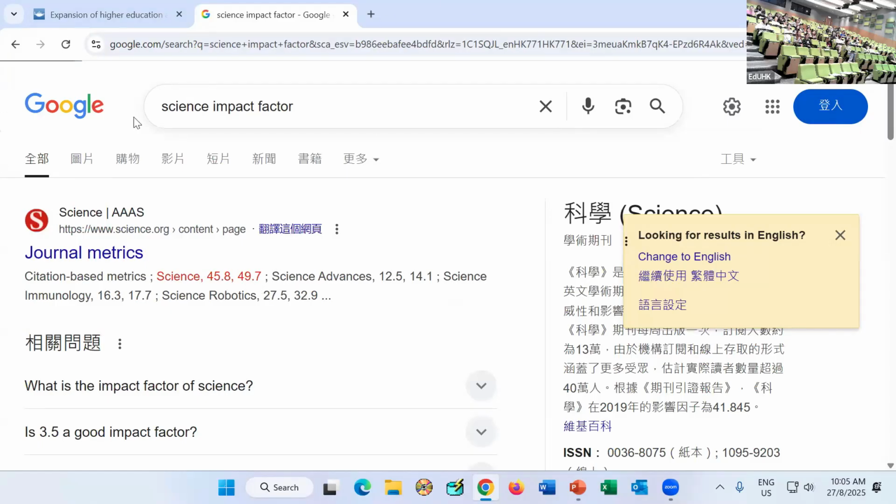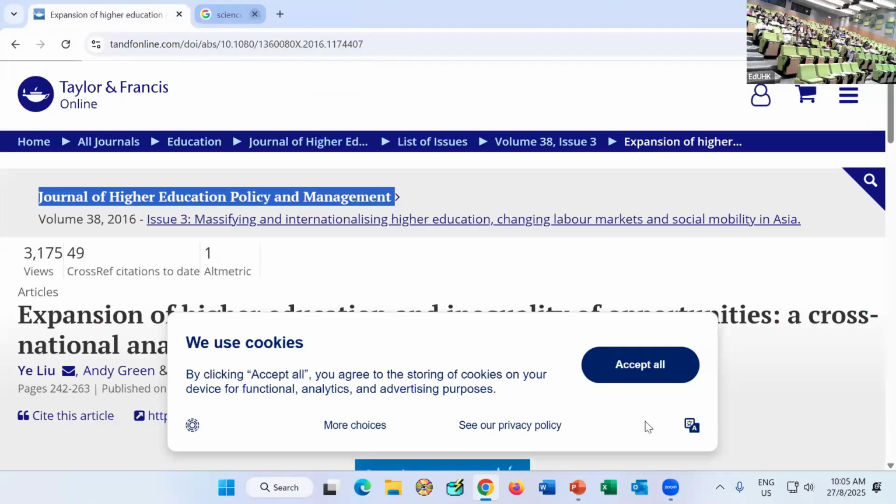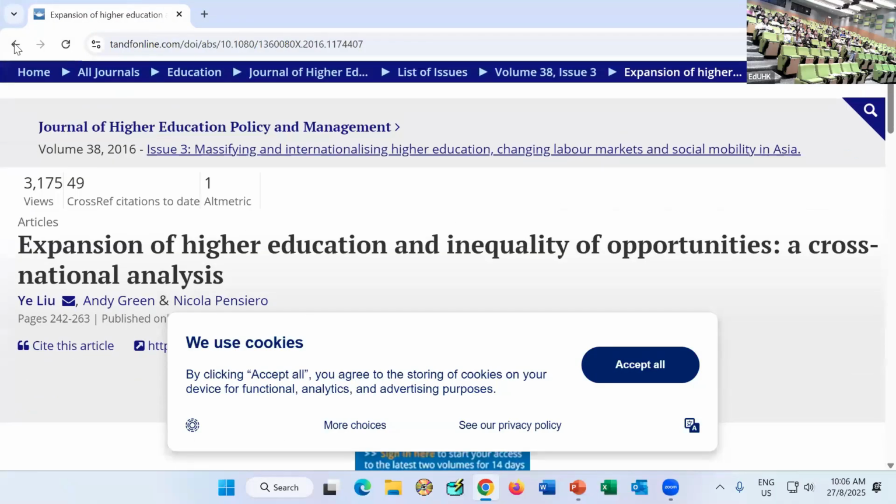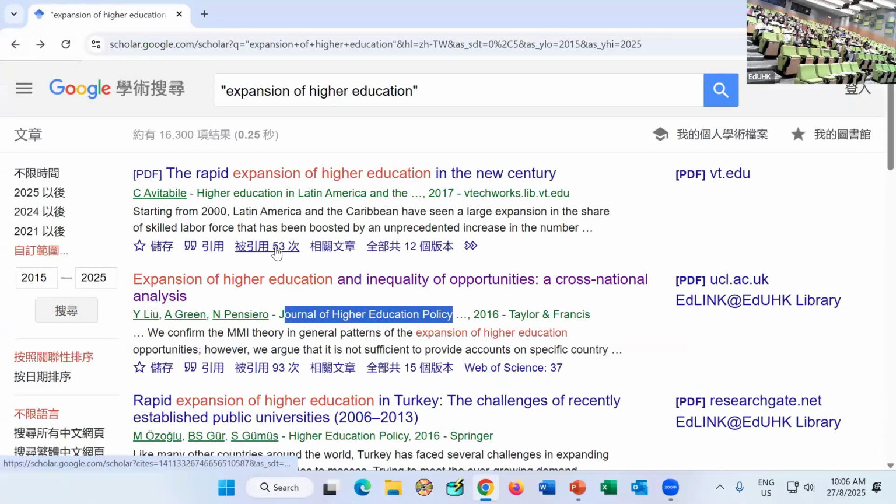And so Nature and Science are multidisciplinary, and that is why it's higher. It attracts more audience. But for niche journals, it's okay to have within 10. At least you know someone will publish there, and then it has certain influence. And so check the impact factor, check how many people have cited the journals.